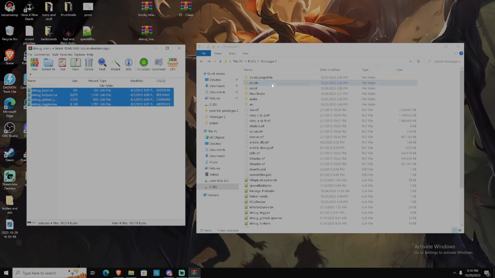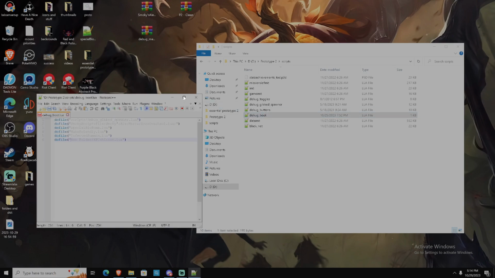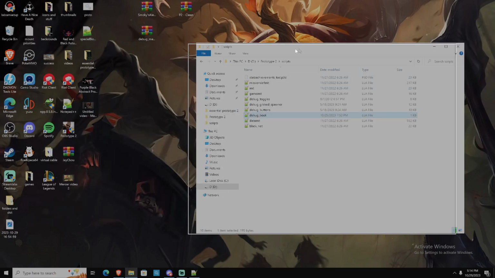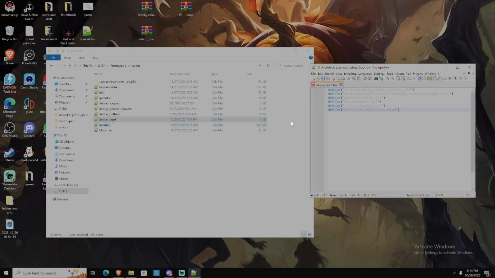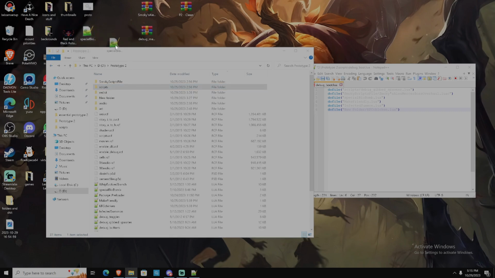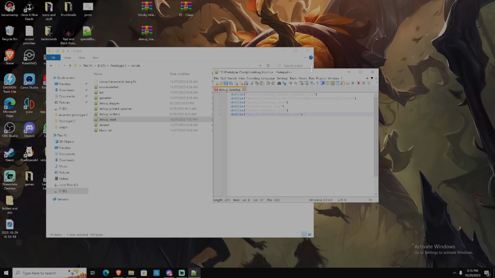just do that and go in your scripts. When you get this file, debug boot, you need to go in here. So this is how scripts work now. Now you have this file. Okay, debug boot is where all your powers work. Let's say you dropped in special bio bomb like I said earlier. You put it here. You see how it's right there. You put all your powers, whatever you download, here. You go in scripts, debug boot, you go in here. That's it. You open this with Notepad,